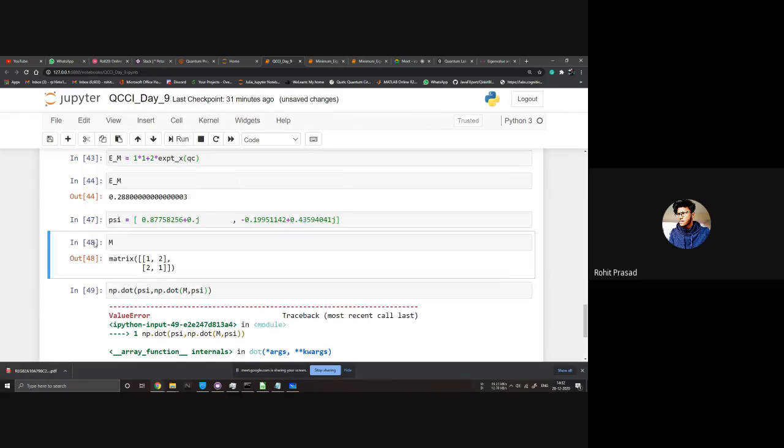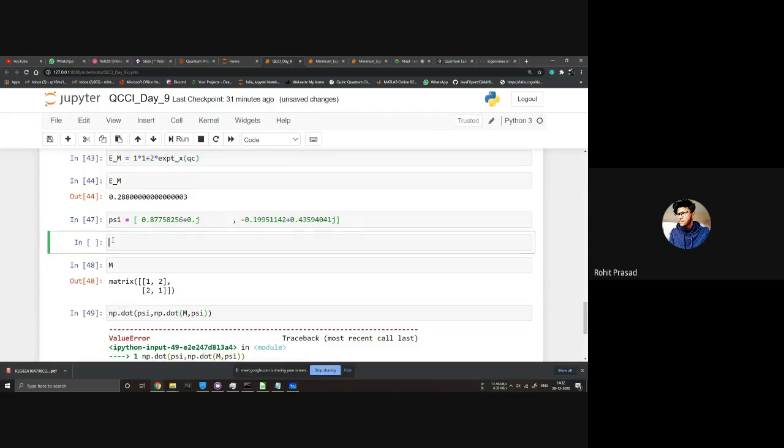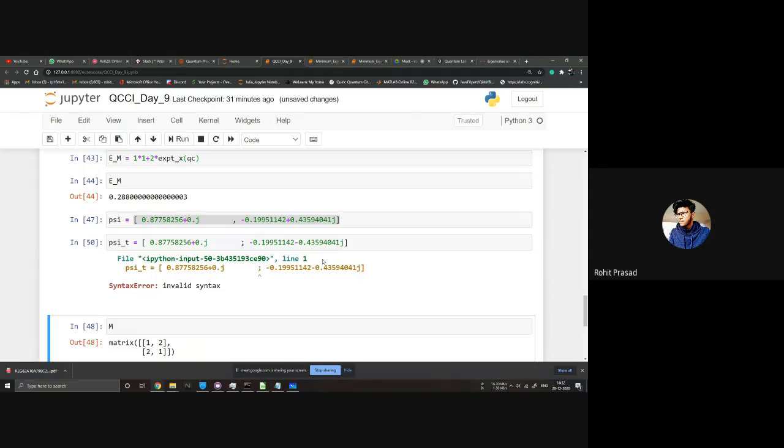So I will have to name psi transpose psi_p, that's equal to the conjugate transpose of this. Okay, Control P, and that's just like this, and make this one minus. It should do. Okay, it didn't work like that. Maybe this will work.